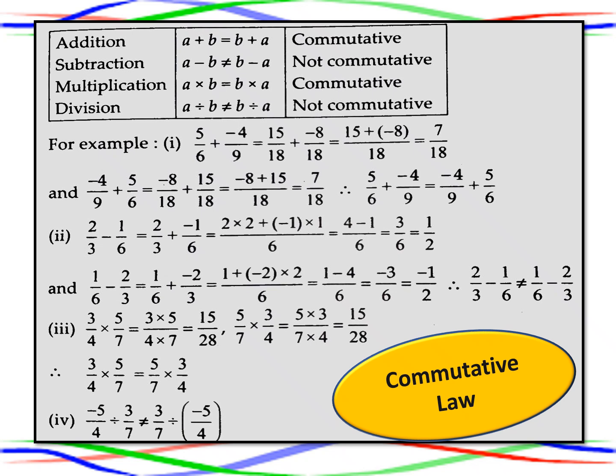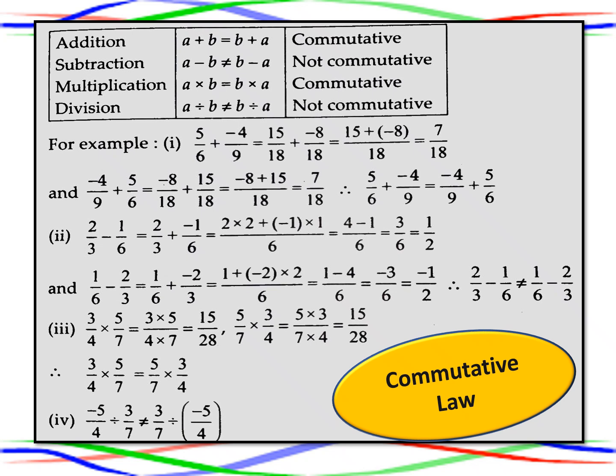LCM is 18. Accordingly, we get 7 by 18, and now minus 4 by 9 added to 5 by 6. Which is written first is not a matter. The answer is the same. But for subtraction, it is not so. You can observe there